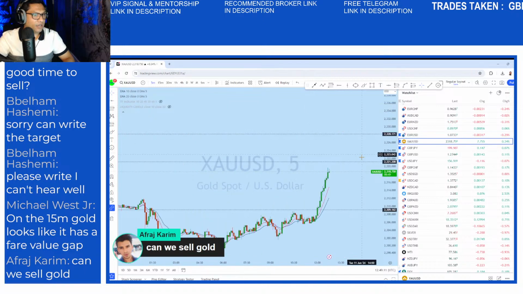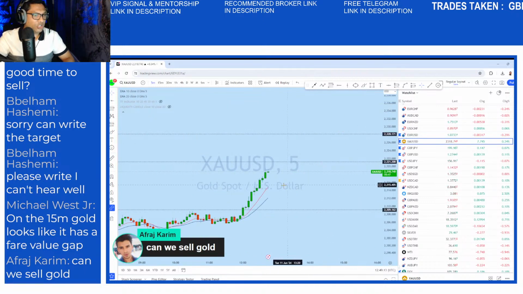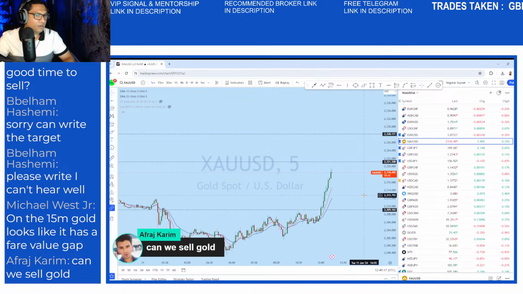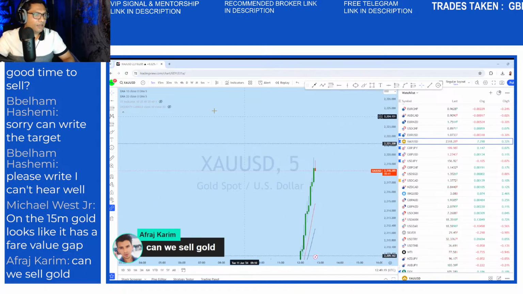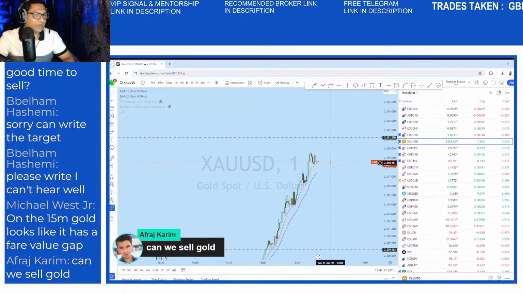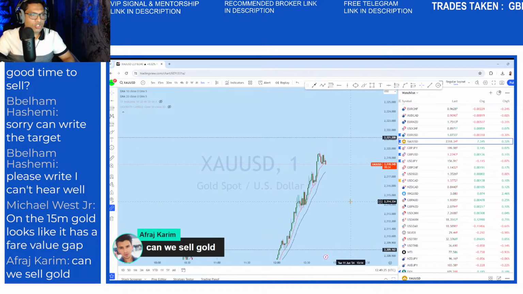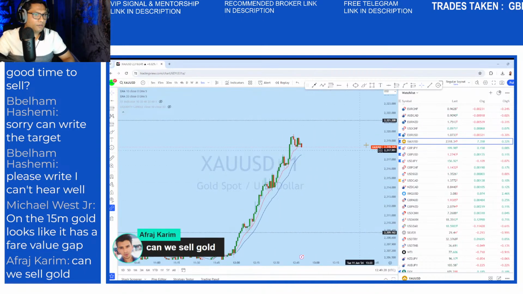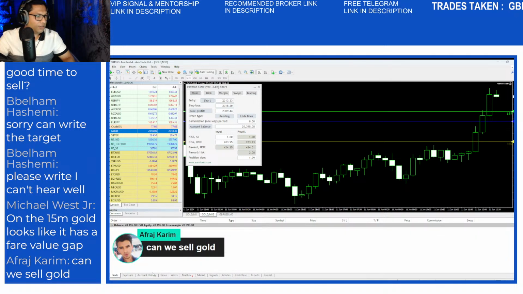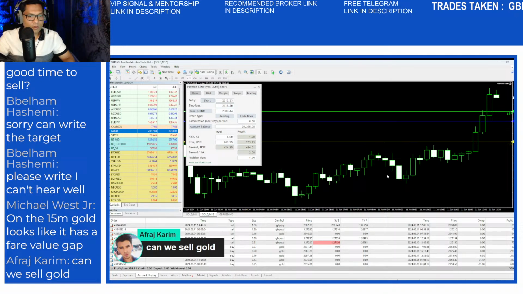which might, this move is very unusual, you know. This is the 5 minutes, there's no red candle in the middle. So we might see any time potential rejection. At the moment, it is still bullish. We see a very strong breakout. So once we see that it has come back down, you can look for that entry.